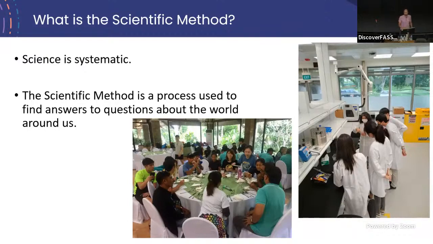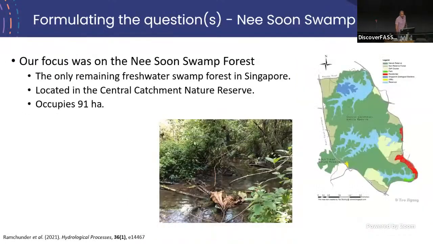Now, the scientific method really is a process we use to find answers to questions about the functionality of the ecosystem. Okay? So, whilst the scientific method may have a certain number of steps, that number varies depending on the type of question, or if you're applying it to the social sciences or the natural sciences. So the next part of the talk or the class is going to be the application of the scientific method on a case study.